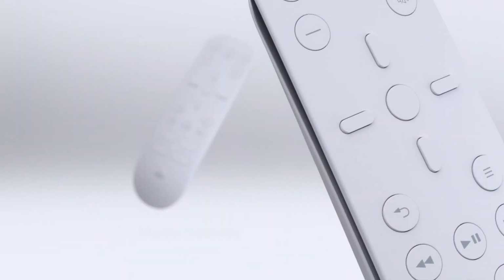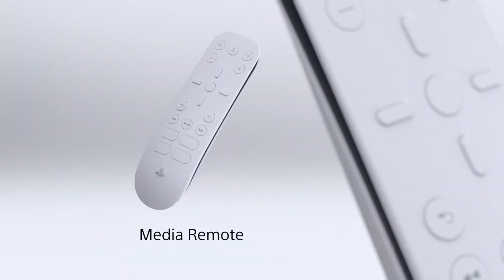I hope they don't do something stupid like that, you know, because then that would be annoying and defeat the purpose of it. The media remote, I remember looking at the media remote and thinking to myself, is it good? I'm not too sure. You know, I always like when